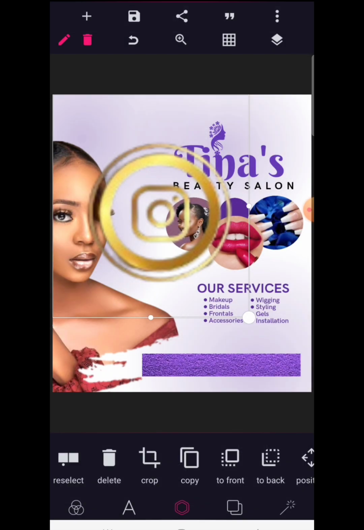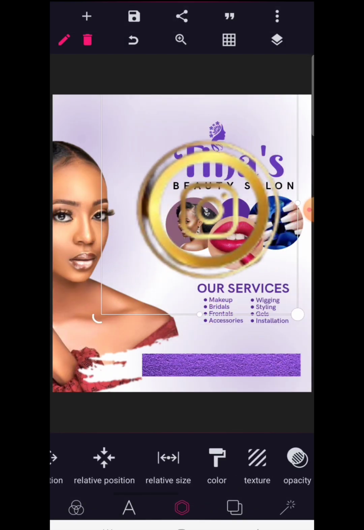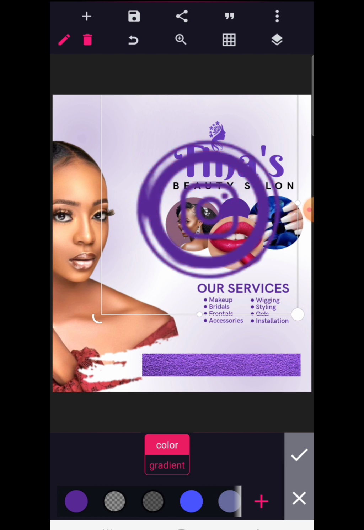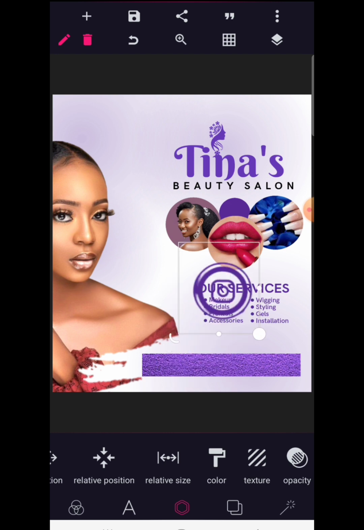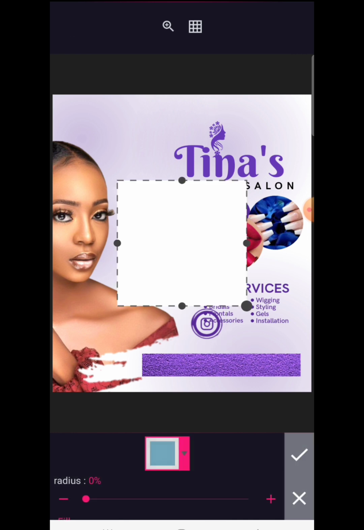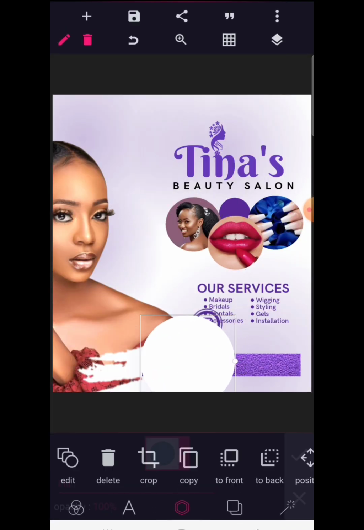So I have the Instagram icon. Let's change the color to purple. All right, good. And since this background is purple also, it will not make sense if we maintain the color at purple. So what we're going to do is go to shapes, select a circle, and reduce the circle to the barest minimum,